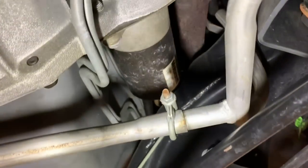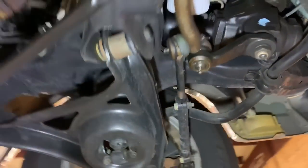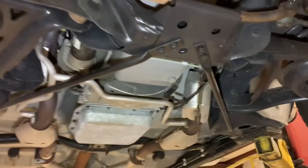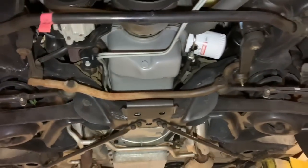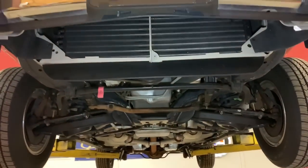All the suspension here. Got the Motorcraft starter. So this car is a time capsule. This is probably going to be the only opportunity at a car like this. So if you have any questions, you can give me a call,